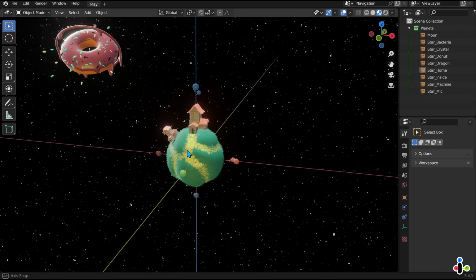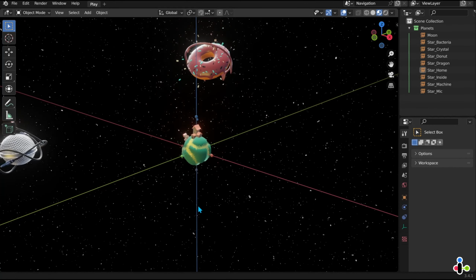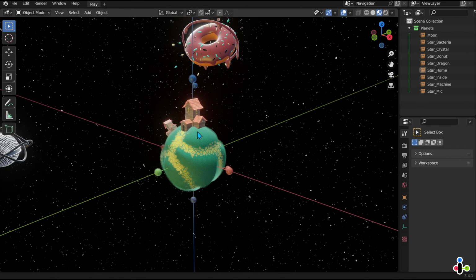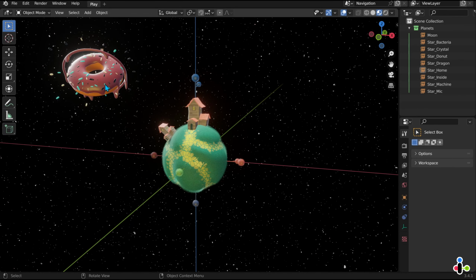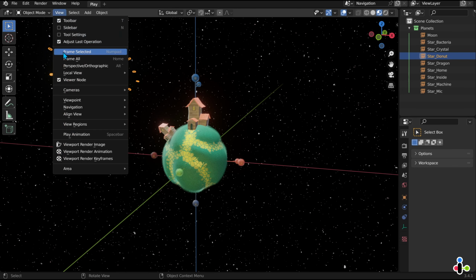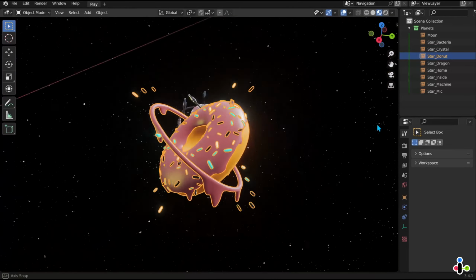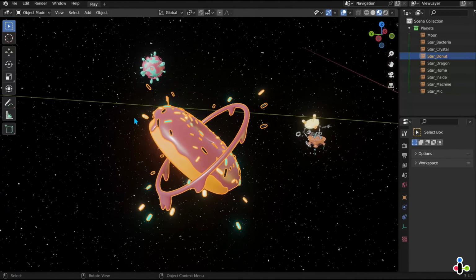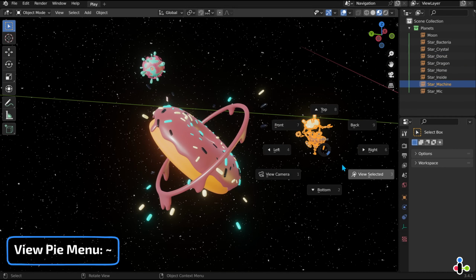You may have noticed that our rotational motion in space is influenced by a pivot point around the center of our view. We might become entangled approaching and moving away in relation to a certain object. If we want to focus on a new object, we will have to select it and open the View menu. Then click Frame Selected. Now we are circling around a new object. The same action can be found in the Pie menu as View Selected.